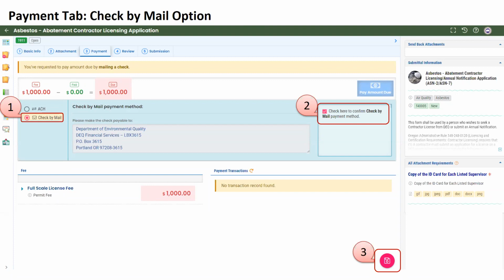It's no longer being walked into the DEQ offices. It's actually being mailed to a lockbox account. So you would click check by mail, then check here to confirm the check by mail payment method, and then click save. And you'll see that once you do that, the little exclamation mark that was on the tab to begin with disappears once you acknowledge payment.